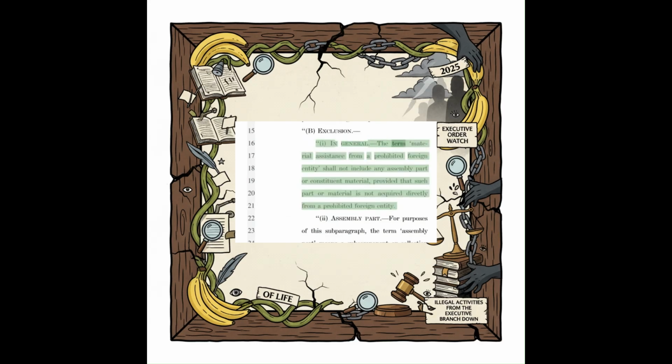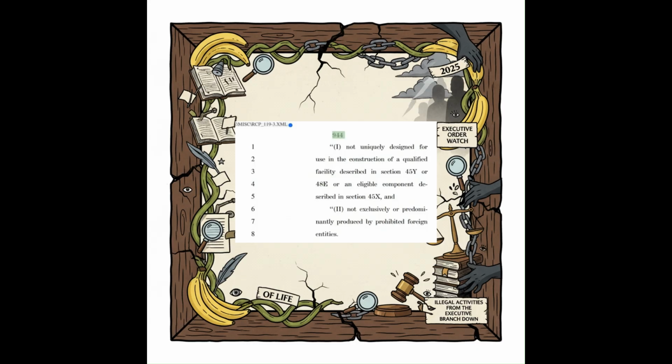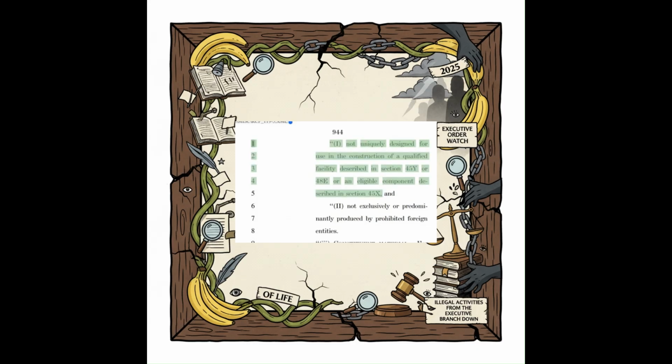In general, the term material assistance from a prohibited foreign entity shall not include any assembly part or constituent material, provided that such part or material is not acquired directly from a prohibited foreign entity. For purposes of this subparagraph, the term assembly part means a subcomponent or collection of subcomponents, which is 944. Not uniquely designed for use in the construction of a qualified facility described in Section 45Y or